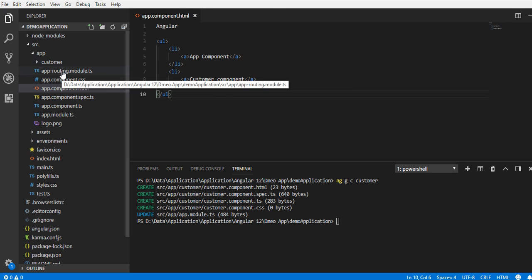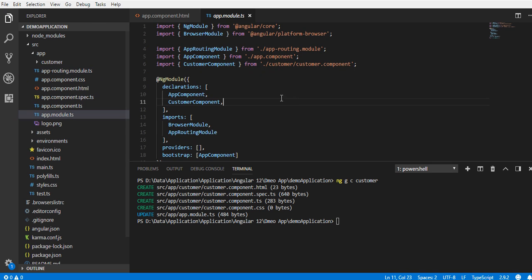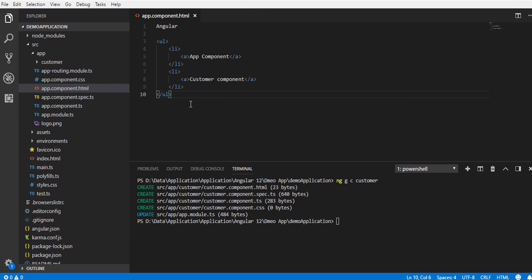So there is app-routing.module, one routing file which can be attached to different modules. Here is the app module and there is one app routing file. This routes is an array, and under this array we will define the routes, and these routes will link with the components. For defining the routes we need the @angular/router library. The router library needs to be installed if it is not installed in the system, and we also need to import the app routing module in the module file. If this is missing, the routing will not work. So we need to keep these things in mind.